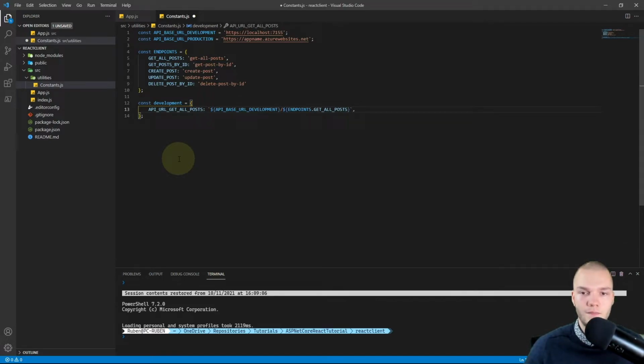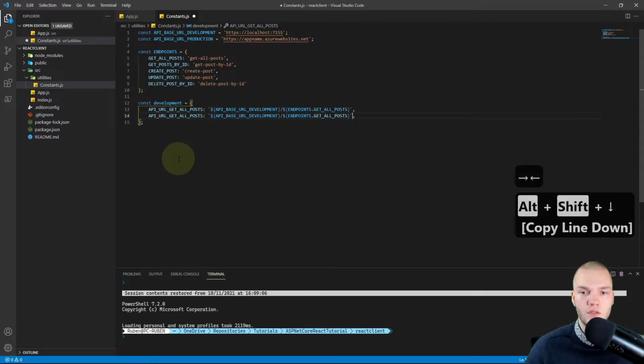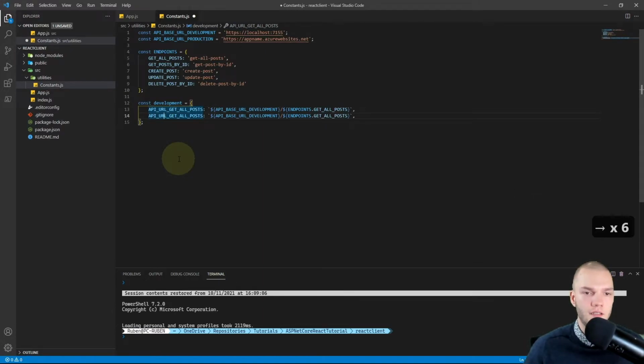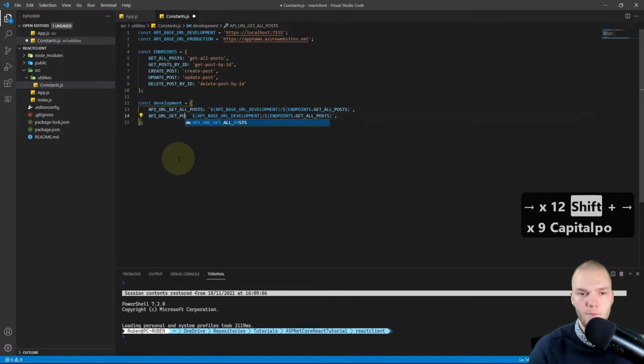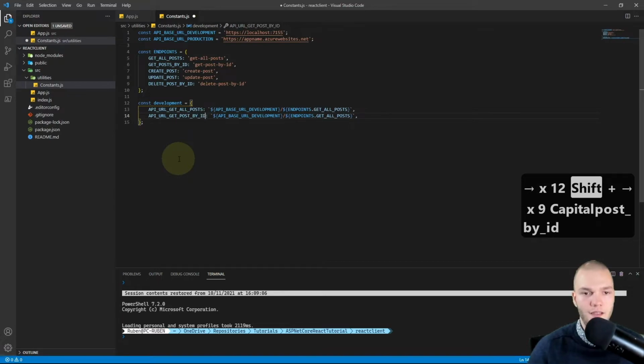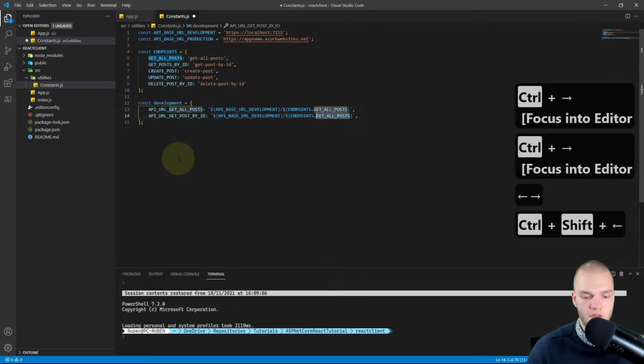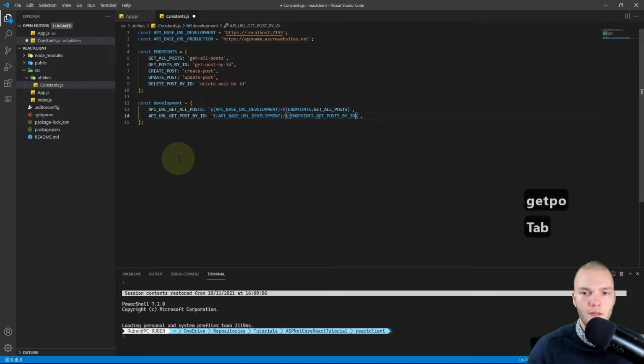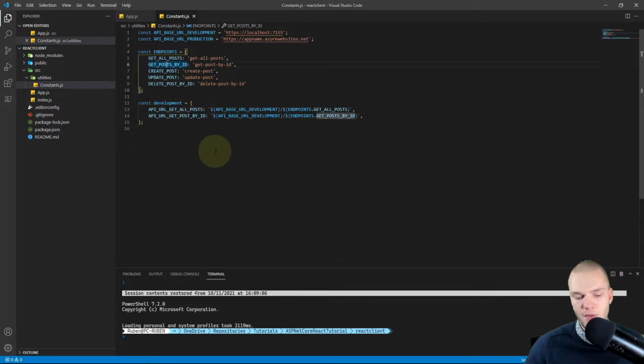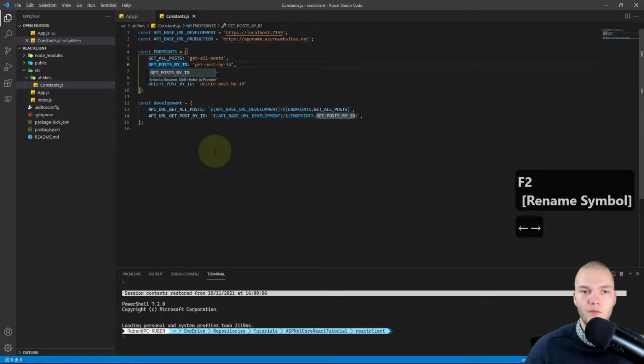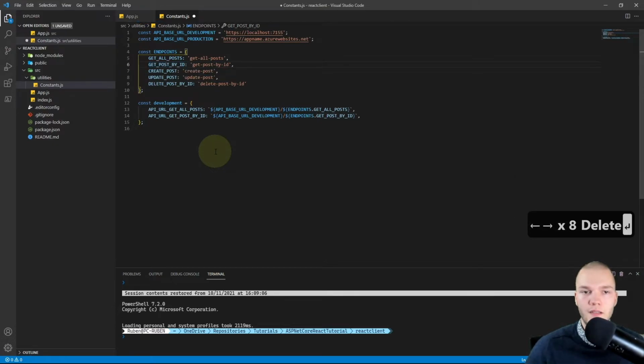So that's the full API URL to get all the posts, and it's basically the same process for the rest. So I'll just duplicate this line downward, and the second one is API_URL_GET_POST_BY_ID, and that will take the endpoints.GET_POST_BY_ID. And I see there's a typo in there, so I'll just hit F2 to fix that.